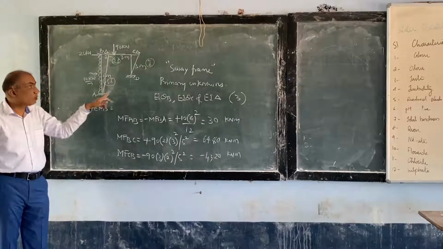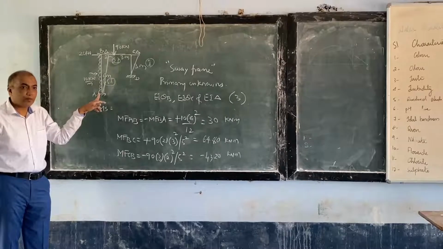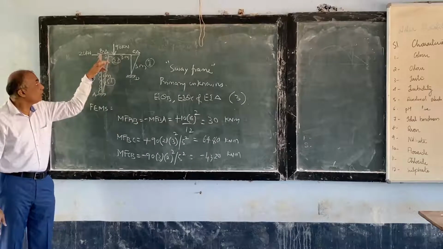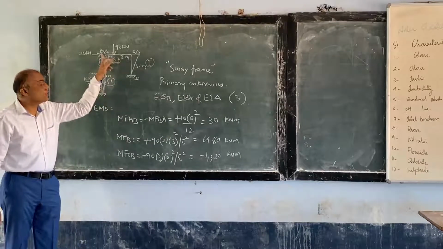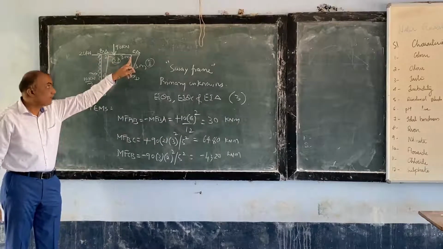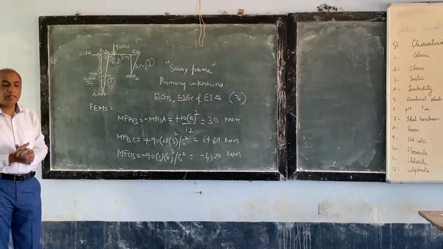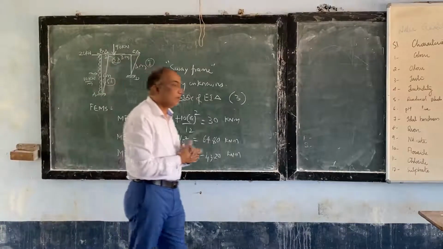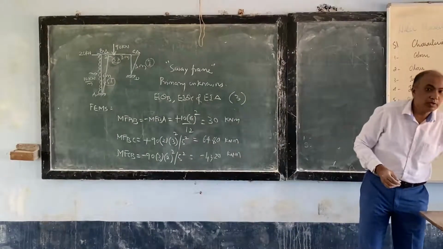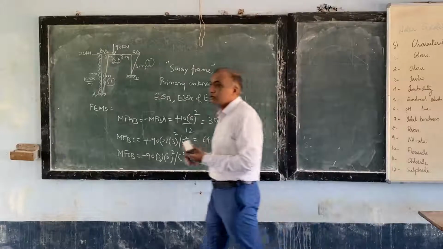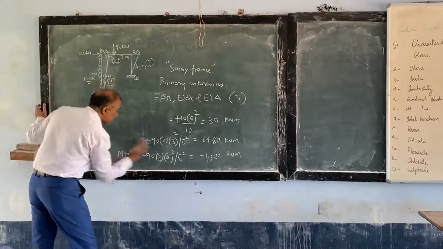MF AB is positive because if you have the vision like this, this becomes left hand hogging, anticlockwise. MF AB is equal to minus MF BA. The formula is WL square upon 12. And then MFBC is positive, MFCB is negative, that you know already, and MFBC and MFCB are given by these formulae. Then we will write down all the three members' slope deflection equations. So how many equations are we going to write? There are three members, so we will be writing 6 equations. Write down next, slope deflection equations.